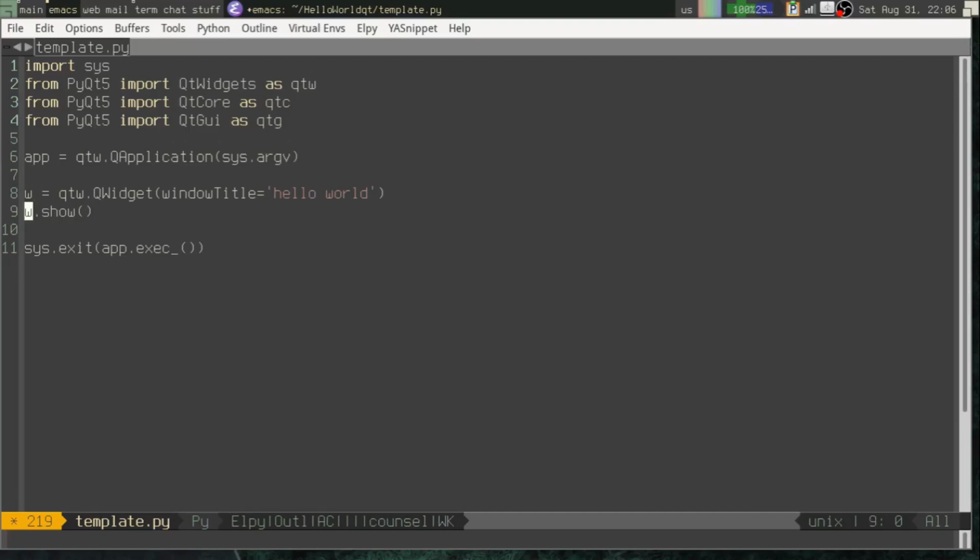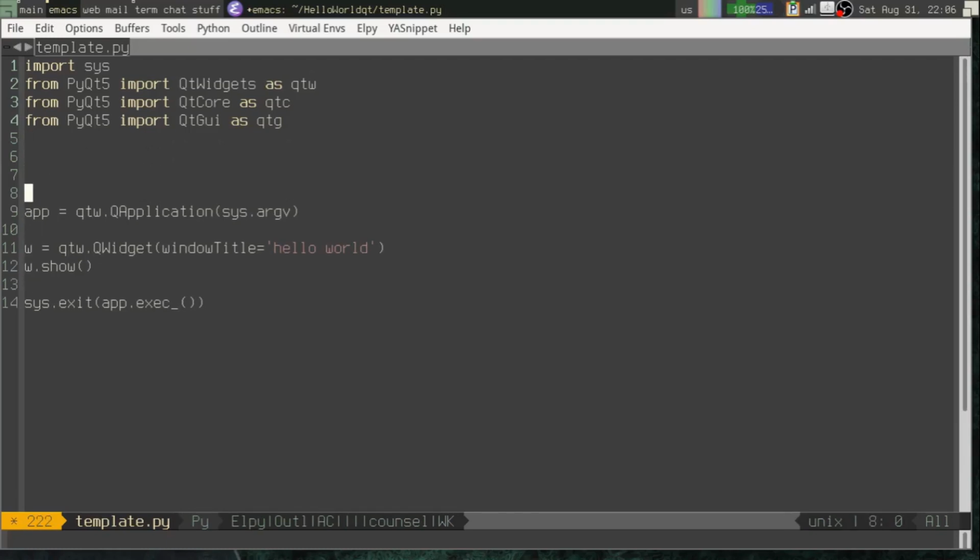Okay, now we're going to get into the widget part. This is where the bulk of your code is going to go. And it needs to be created in here between app being created and the event loop being run. But we don't want to define all our code in there because that's just a little ugly. You could, but it doesn't scale very well. So what we're going to do up here is create a class, and we're going to call it main window. We're going to do this by subclassing